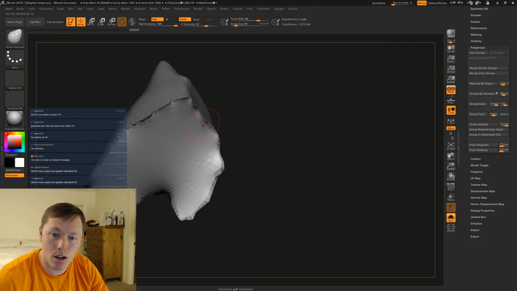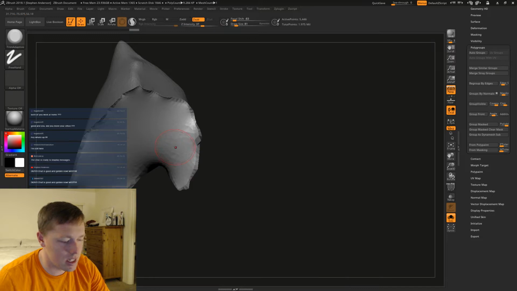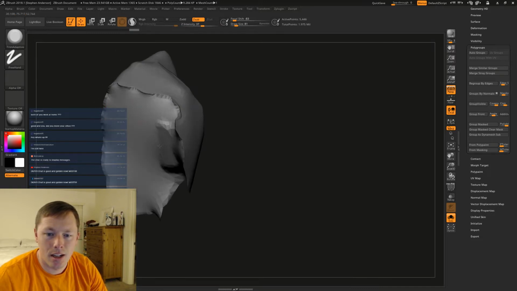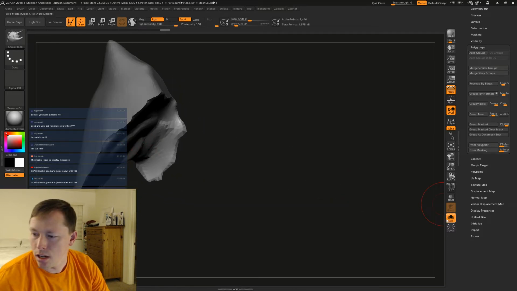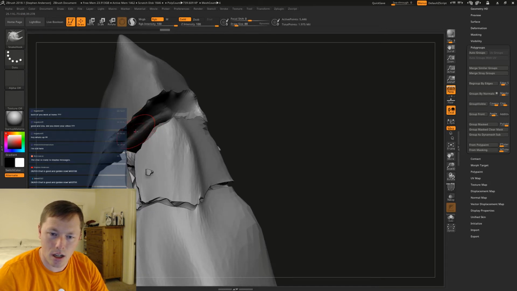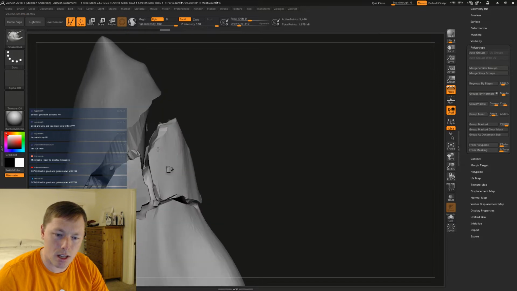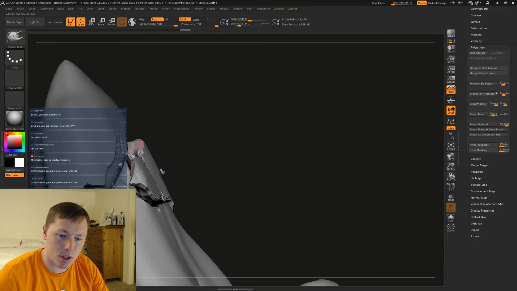Control A. That way we have this part masked and we can just worry about, nope, not rig, come on, TA. And actually, let's turn this on so we can see snake hook and just kind of pull a chunk down, because that's going to be necessary for what we're doing.